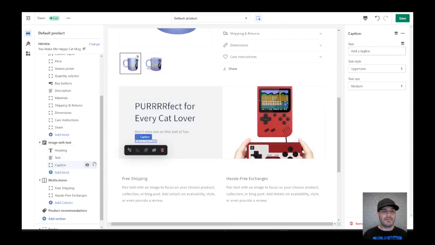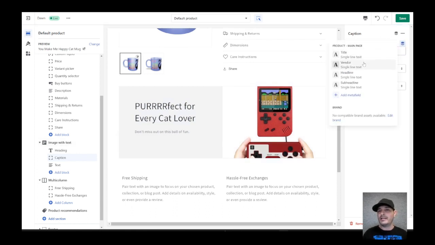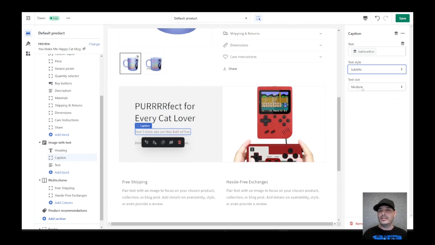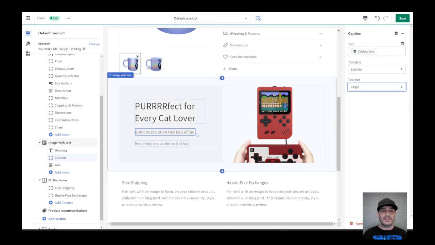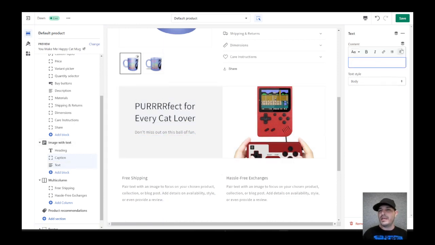Actually, let's switch these around. So I'm going to take this, I'm going to bring the caption up, and then I'm going to change that tagline. I'm actually going to make that the subheadline. And then we'll do that as a subtitle, and then we'll do large. And then what I'm going to do is on this text now, I could switch that out and make that the,